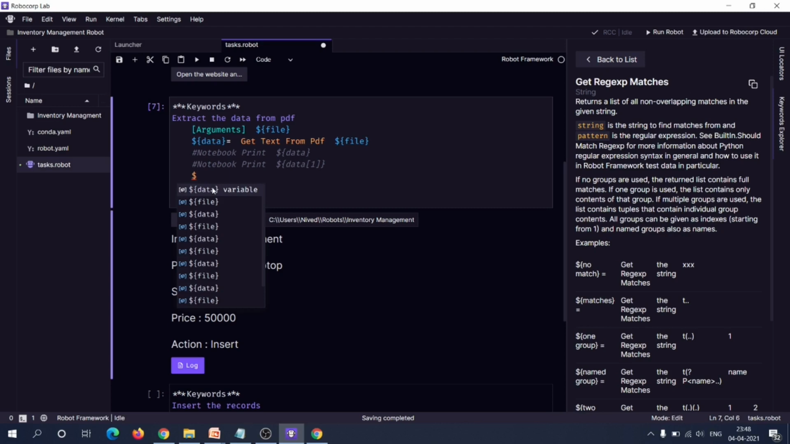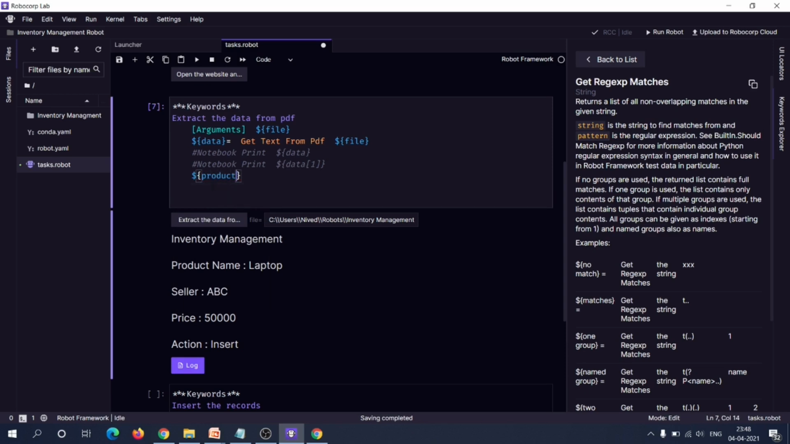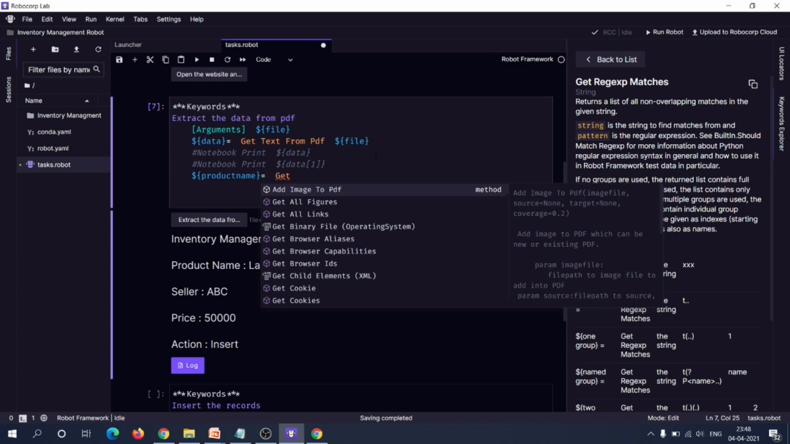So we can create a variable called product name here. This product name will store the list of all the matches that we have obtained using this get regex matches activity. So let me just use get